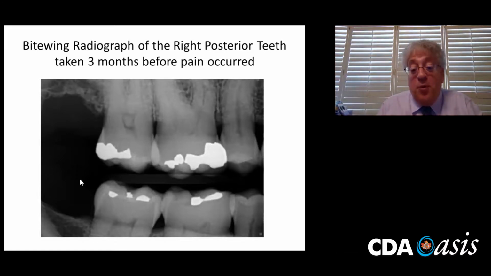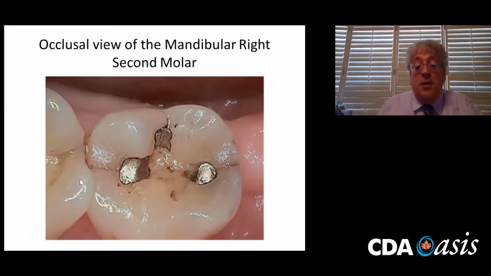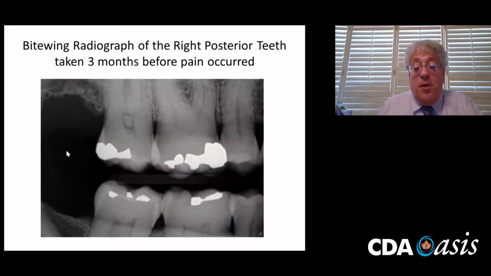So we have a patient with a pretty healthy dentition, and she's in her 60s. And she comes in, and she says, I'm feeling some pain on the right-hand side. So you look around, I took some images, and you can say, oh, look at that mandibular left second molar. Oh, there's some stained ridges there. That must be the problem. Well, if you apply load on there, there's no pain. There is some moderate pain. I took a picture of the tooth just in front of it. There's a little bit of pain on that marginal ridge. But if we go back to the radiographs that we took 3 months ago, you'll see that there's nothing doing.